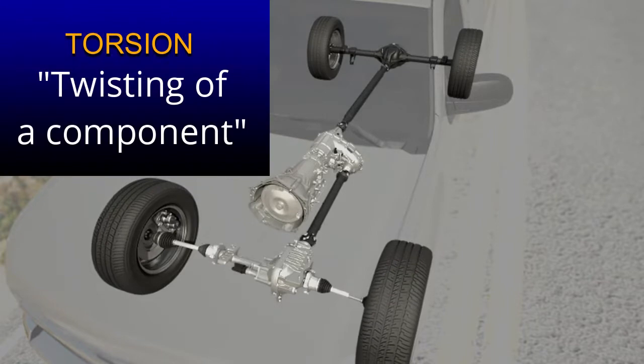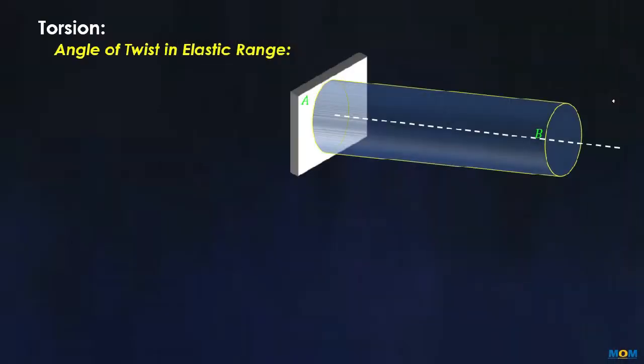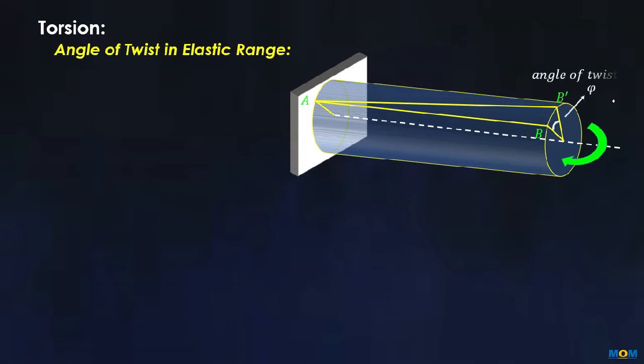In this video, we will discuss the angle of twist due to the torsion in a circular shaft. We have already discussed the torsion in previous video. Torsion is simply the twisting of a component. Let us consider a circular bar. One end of the bar is fixed. Now if we apply torque to the other end, which will cause rotation at the free end of the bar, the angle produced due to rotation is denoted by phi. This is called the angle of twist. It is a clear indication of the deformation of the shaft. It varies linearly from 0 at the fixed end of the bar to phi at the free end.